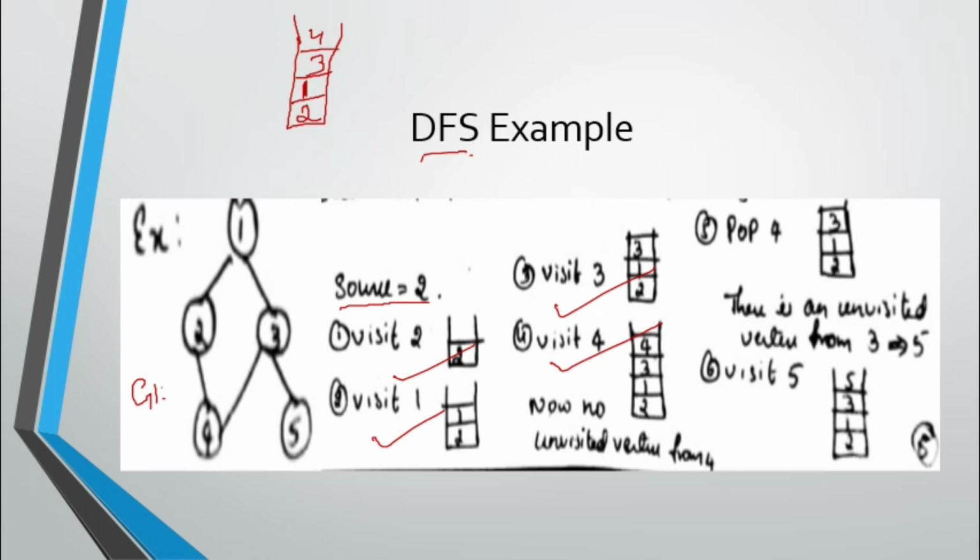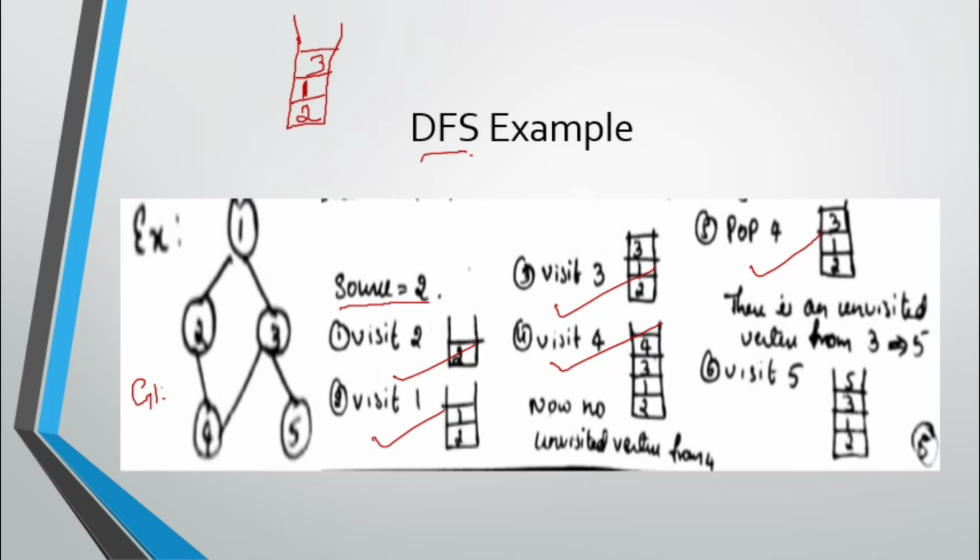So when we come to the 4, we have 2 and 3 in its adjacency list, so both are visited. So what I need to do is come back. How do I come back? I come back by popping the element 4. How to pop the element 4 from the stack? I go to the top and remove that element. That is what they have shown in step 5. They have popped the element 4.